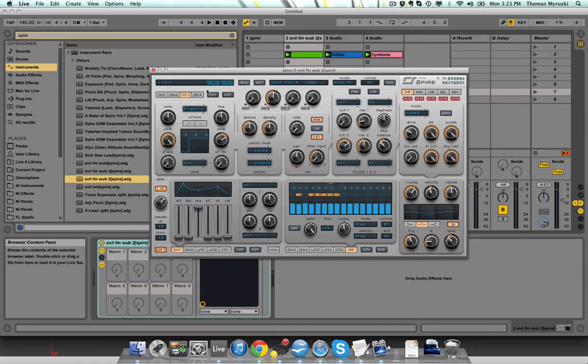basically go between, alright, so this is your pulse width. So you go between a saw wave and a square wave, or a pulse wave with variable pulse width. And that's basically it. But you can also select a wavetable, and then the wavetable will be mixed in, just like a regular mix, as if each oscillator actually was two oscillators. And you know, you can change the phase,